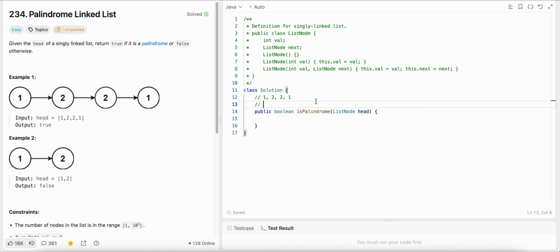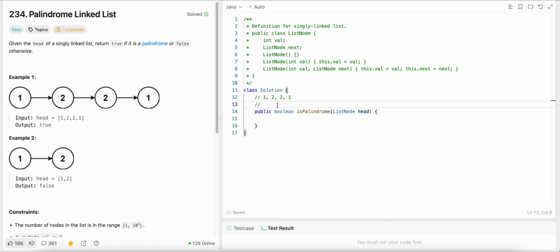So the first solution we can think of is we can create a new linked list, which is the reverse of the input linked list. Then we traverse both the linked lists together because both are going to be of the same length, and we can check if there is a mismatch, we can return false, and if we reach null in both of them, then we can return true. So that would be one solution if we don't want to change the input linked list. And if we are allowed to change the given input,